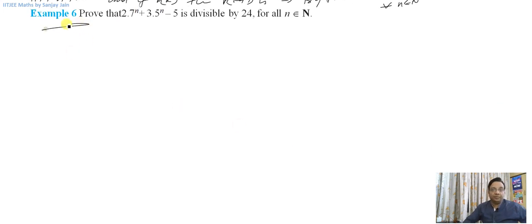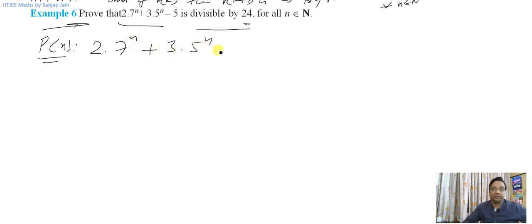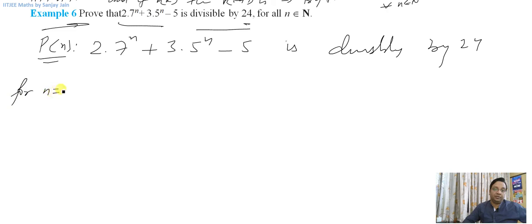Now we need to prove that this is divisible by 24. So let my statement be Pn. What is Pn? That 2 into 7 raised to power n plus 3 into 5 raised to power n minus 5 is divisible by 24. So for n equal to 1,